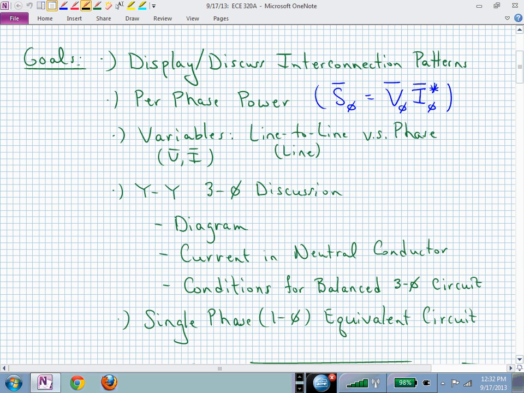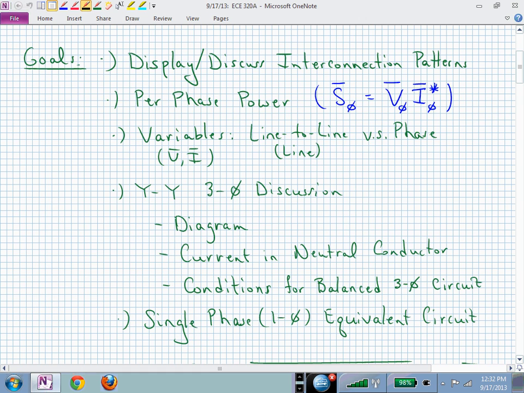Once we've looked at those interconnection structures, which are all based on how the sources and the loads are connected, whether in a Y configuration or a delta configuration, we will then examine what we mean by the power in each of the phases, or per phase power. If you can find the power in one phase, and if it's balanced, then you can just multiply that result by 3 to get the total power in the load, if you just have one set of